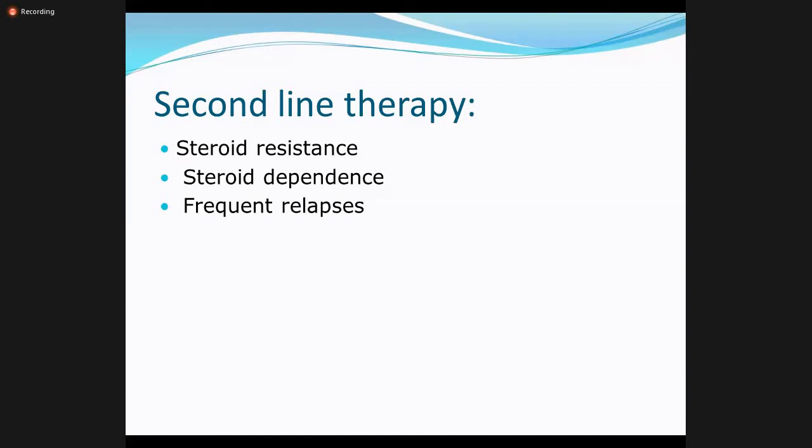We usually give continuous steroid therapy for 6 weeks. Then we slowly taper the steroids over 3 to 6 months. Studies showed that when you slowly taper the steroid over 6 months, there are fewer chances of relapse as compared to those who have only 2 months of therapy and rapid tapering of the steroids.